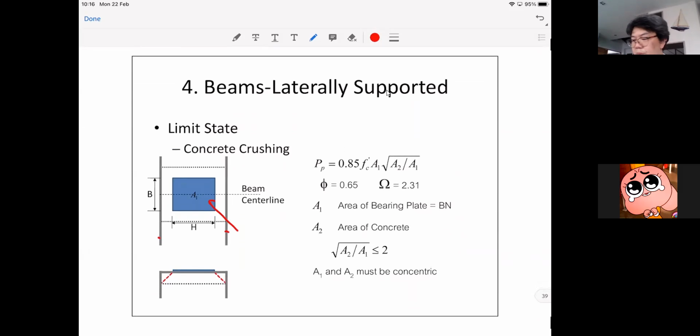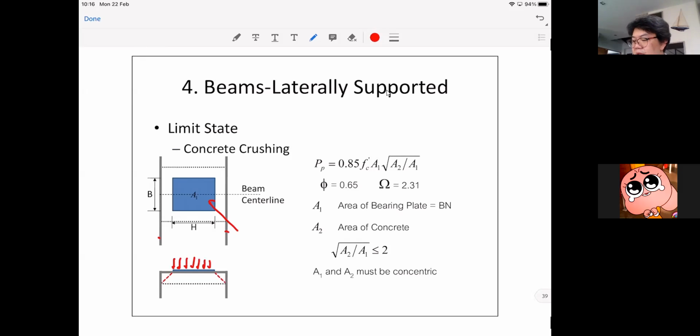So the stress will be on this area. But it's the same thing as I talked about with the beam yielding. When you have the stress coming in like this,